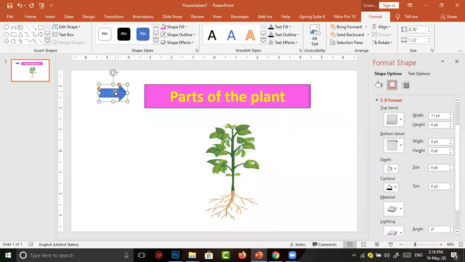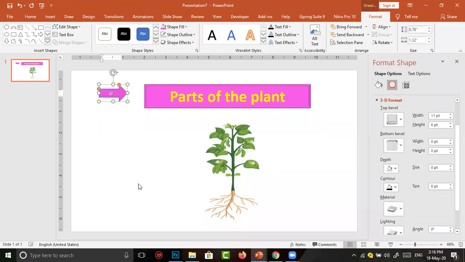Again, I want to change the color of this arrow mark. Already the pink color is there. So I simply click on it. The color of the arrow mark is changed. In the arrow mark itself, I want to type. You need not right click or double click anything. Just select your arrow mark. If you type anything, it will be automatically typed inside the arrow mark or any shape you selected.